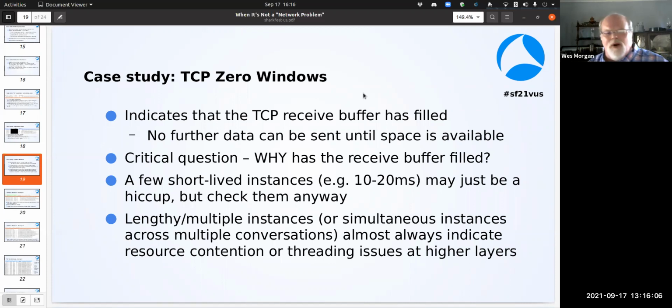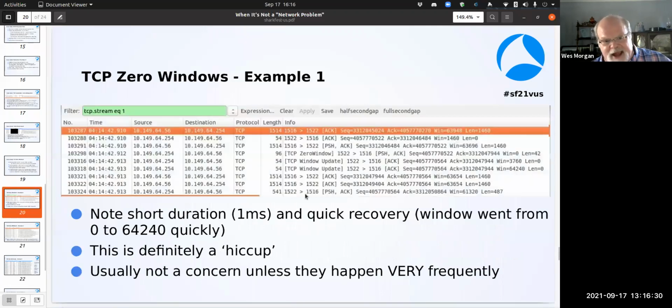Where you have to worry is when you see lengthy instances, multiple instances on the same conversation, simultaneous instances across multiple conversations. Those almost always indicate some form of resource contention or threading issue going on up at the higher layers, up at the application layer. So we're going to start by looking at what I would call a cost of doing